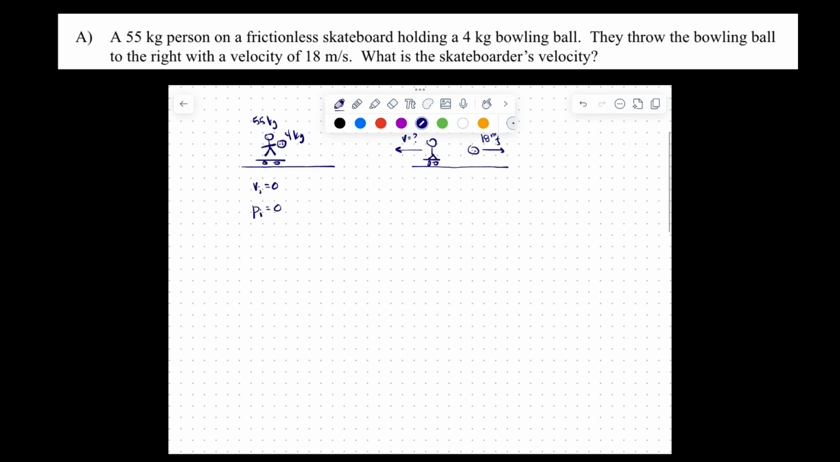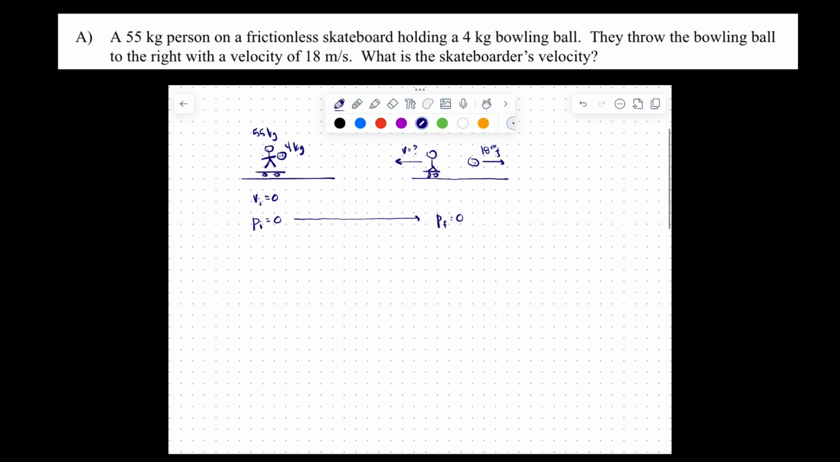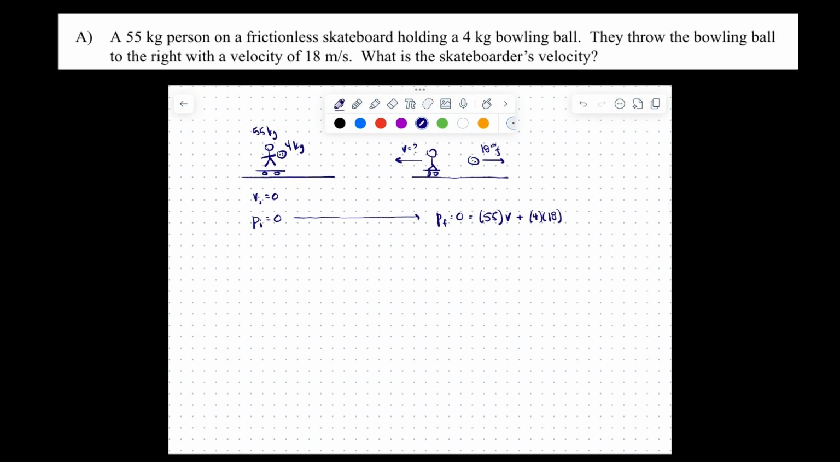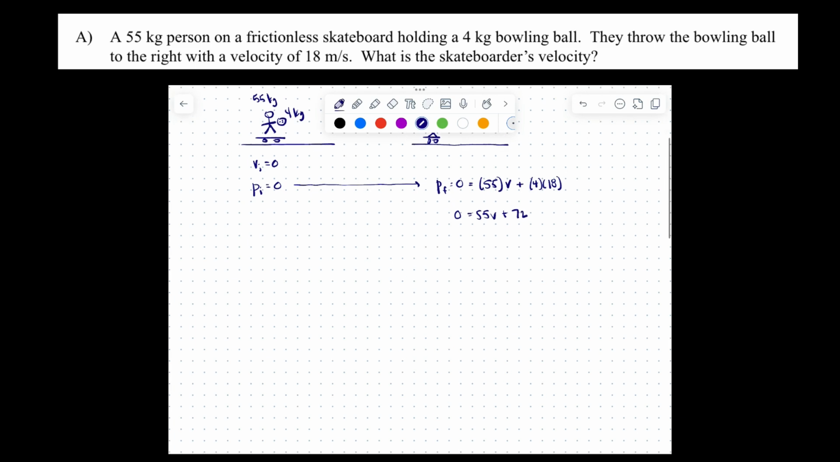Well, conservation of momentum tells us that the final momentum must be equal to 0. And that means that m times v for the person, so 55 kilograms times their velocity, plus m times v for the bowling ball has to equal 0. And so if we solve this, that's 55v plus 72. And that's going to be negative 55v equals 72, which means the velocity of the person is going to be